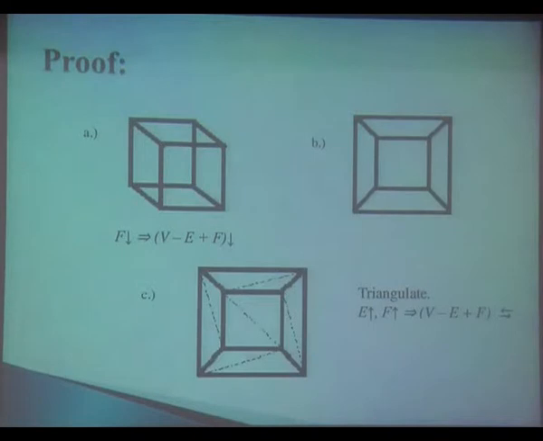Now I'll simply triangulate that. The figure B, I'll simply triangulate it. Just fill it with triangles. And in doing so, every time I draw a line, I'll be increasing the number of edges by 1 and the number of faces by 1. And the number of vertices remain unchanged completely. So V minus E plus F, whatever its value be, remains the same even upon triangulation.